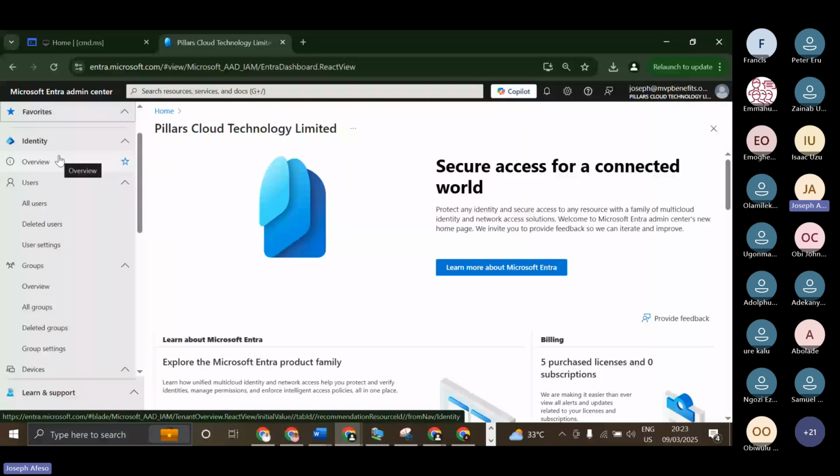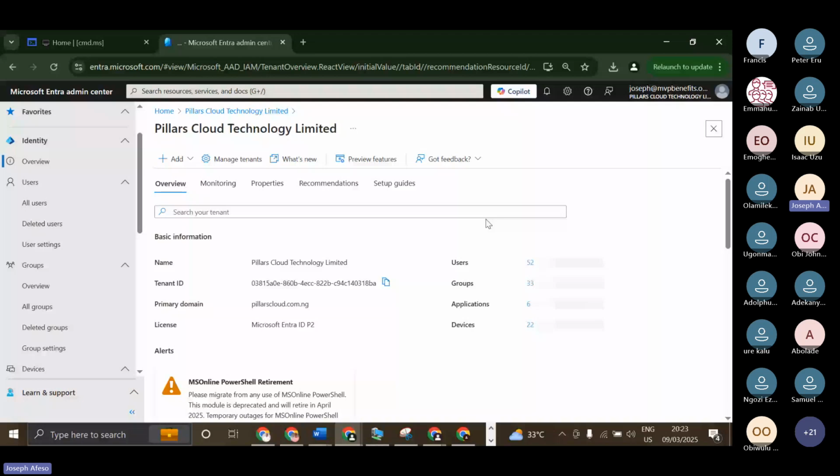So for the overview pane, again, you are going to learn a lot about your organization. One very important thing that will come in handy to you when you look at this is the name of your organization. From here you'll also be able to know the tenant ID. This is a globally unique ID for your tenant, and then the primary domain of your environment also. You will know it here,